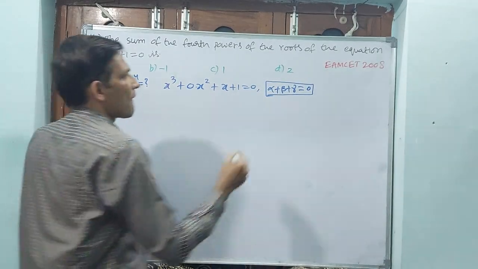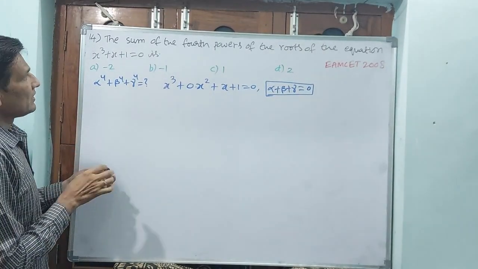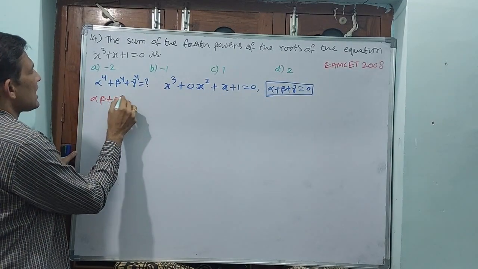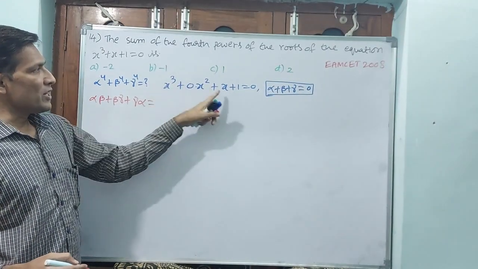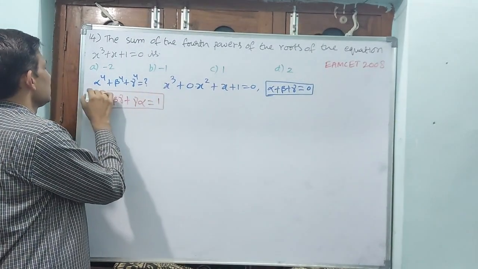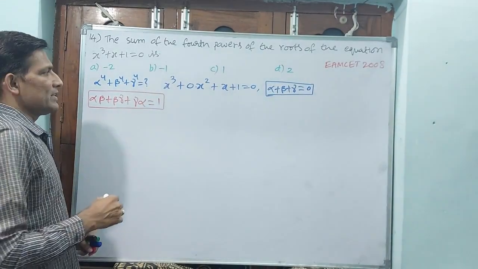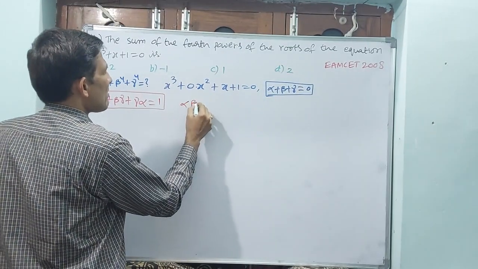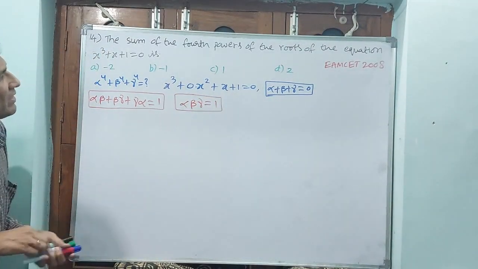S1. S2. S2, a little bit bigger you have to write. Write down: alpha beta plus beta gamma plus gamma alpha is equal to a2 by a1. See, a1 is 1, a2 is 1. 1 by 1, 1. This also you box. Okay? Now go for S3. S3 is 1 by 1, 1 only. What is this? Alpha into beta into gamma is equal to 1. Okay? These three are the data you require to proceed further.